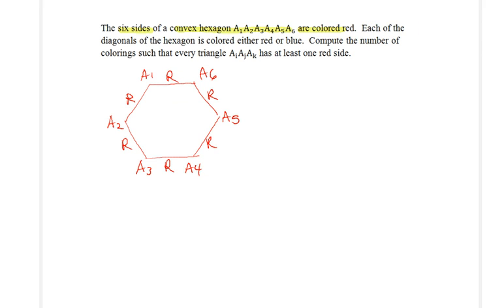Each of the diagonals of the hexagon is colored either red or blue, and we are to compute the number of colorings such that every triangle has at least one red side. So let's try to first figure out how we can obtain triangles using the diagonals or the sides of our hexagon. So one way would be to use one of the 3 main diagonals, but then it gets us thinking,